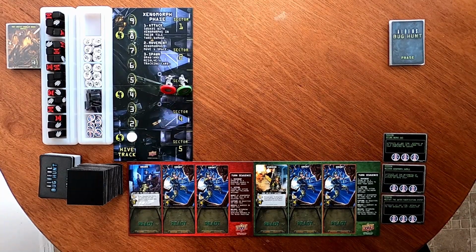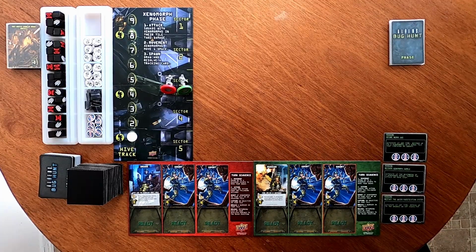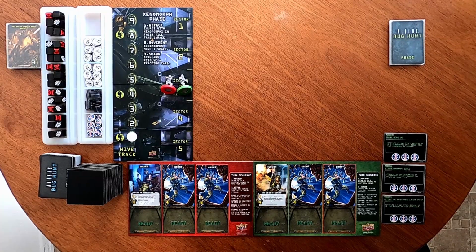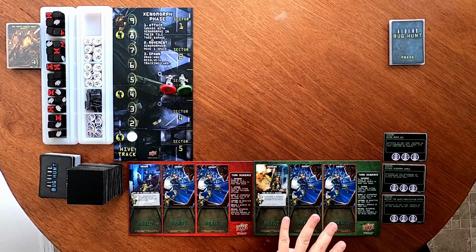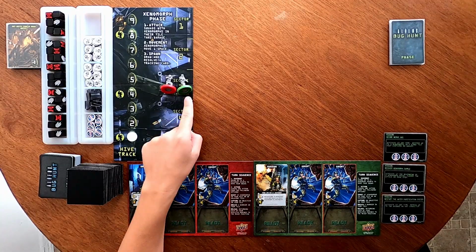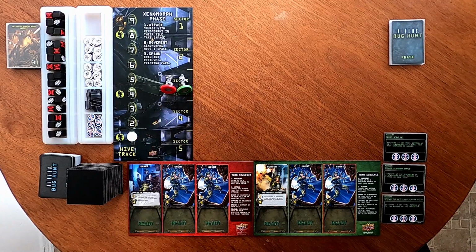Now, we can lose the game in one of 3 manners. One way you can lose the game is if one of your squads wipes completely. I'm going to be playing with 2 squads, the red squad here and the green squad here. In each squad, you're going to have 3 people: 2 grunts and a special character. If all 3 people in one squad die, then I lose the game. The green squad is represented by the green miniature and the red squad by the red